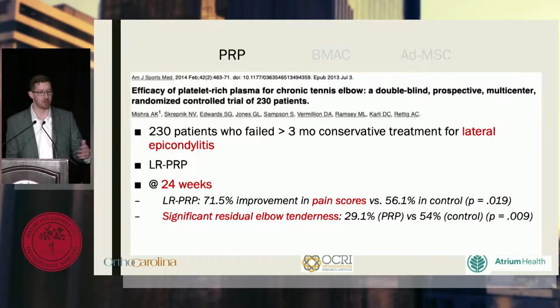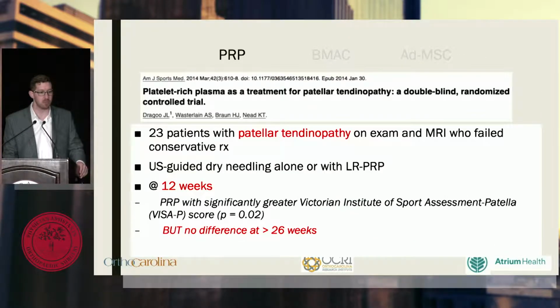And we've seen this kind of repeated with other studies, again, for chronic lateral epicondylitis in terms of pain scores and residual elbow tenderness from this 2014 AJSM study by Mishra et al. Dragou et al. in